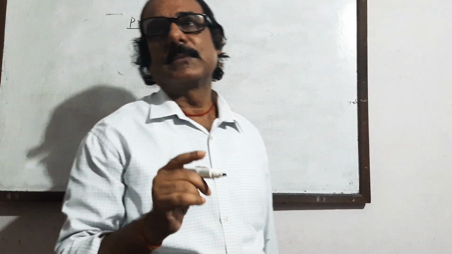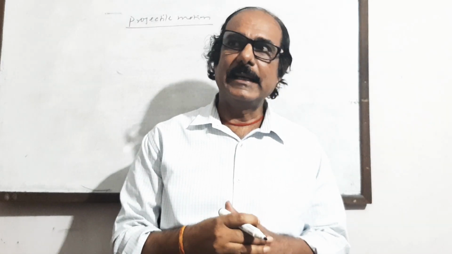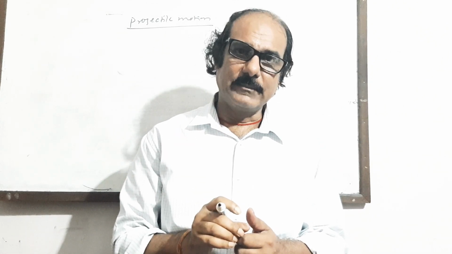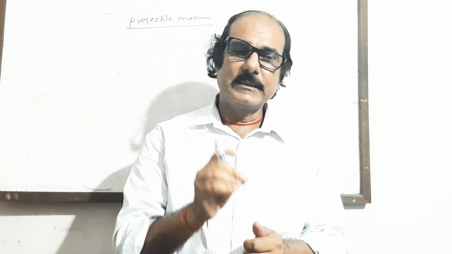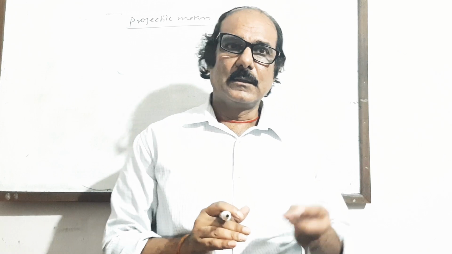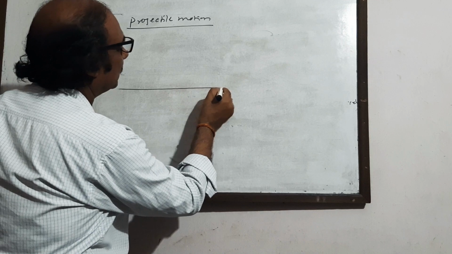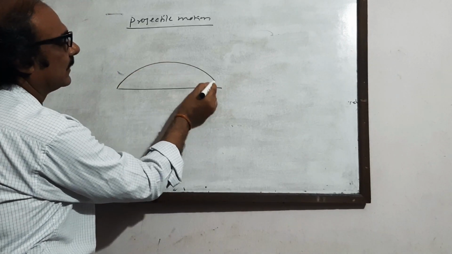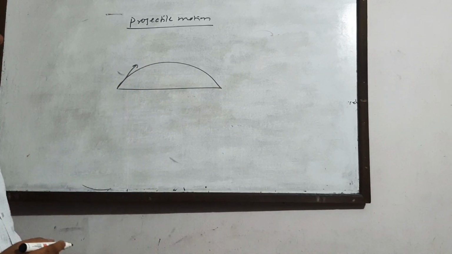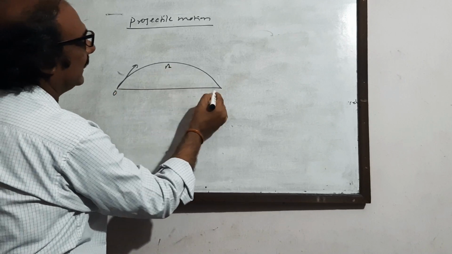The two important things are noted here. One, the acceleration due to gravity is taken into account and always remains constant. And second, the air resistance is totally neglected. So when an object is thrown off like that near the surface of earth, it goes along a curved path OAB.